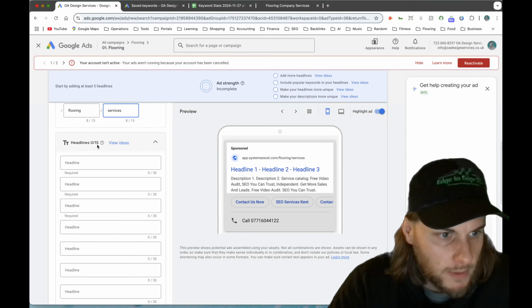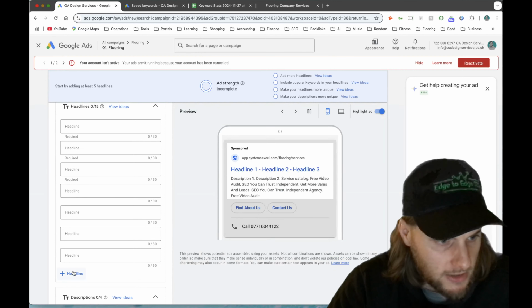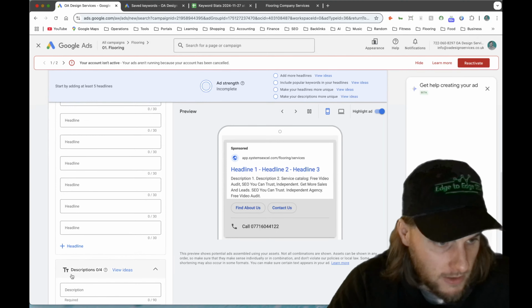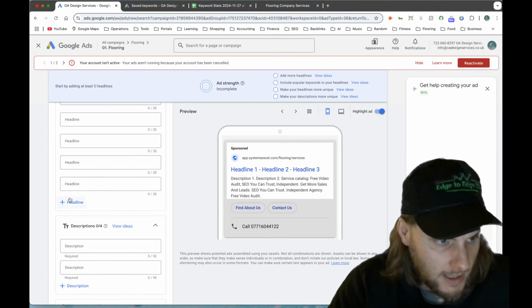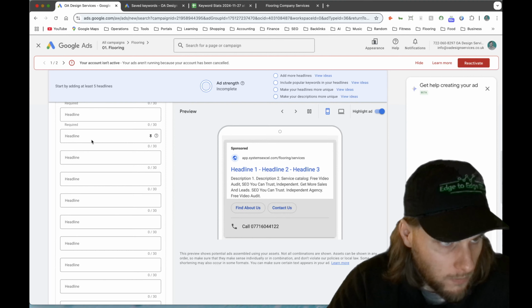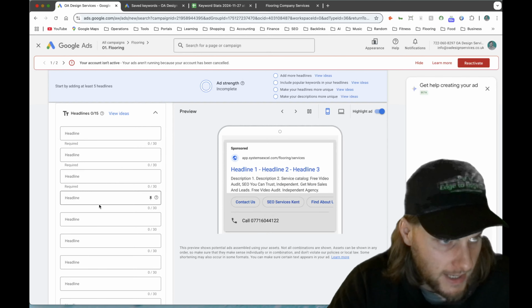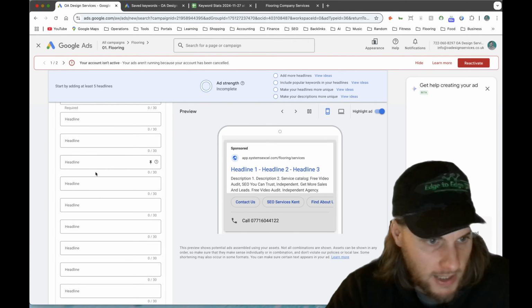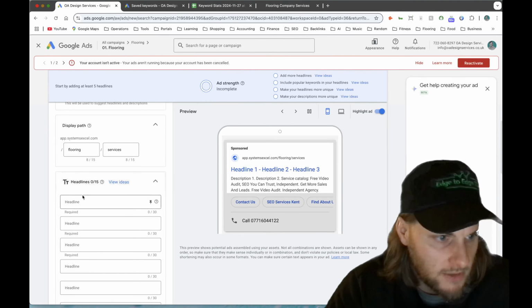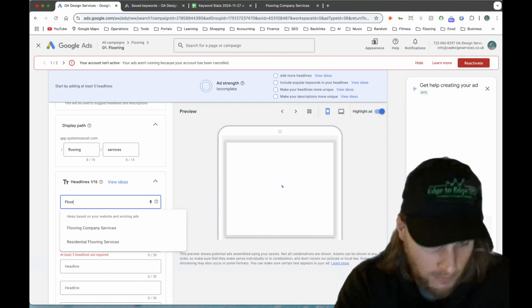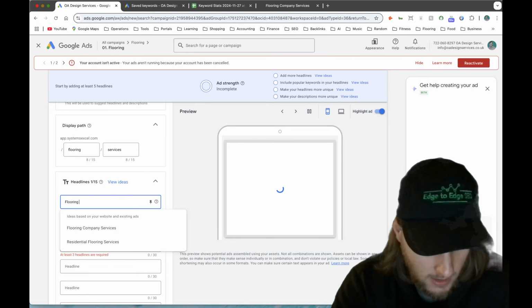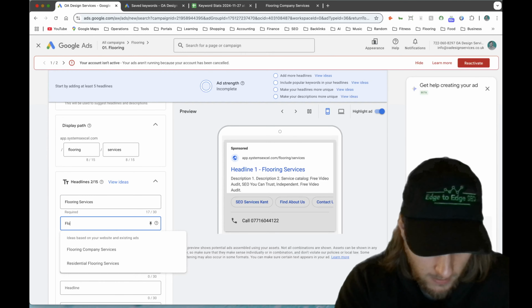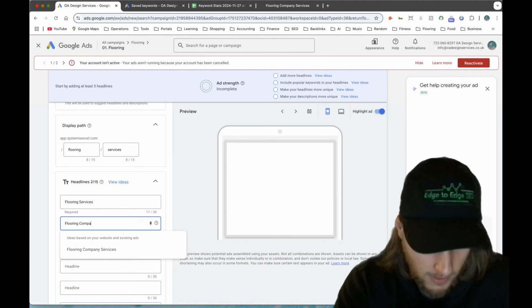And then what we're going to do is create 15 headlines. You're going to want to use every single available headline that you can, because you'll enter 15 different headlines into here, and Google is then going to rotate each of those headlines until it finds the best performing one. So for example, in here you would put flooring services, then you would put flooring company,